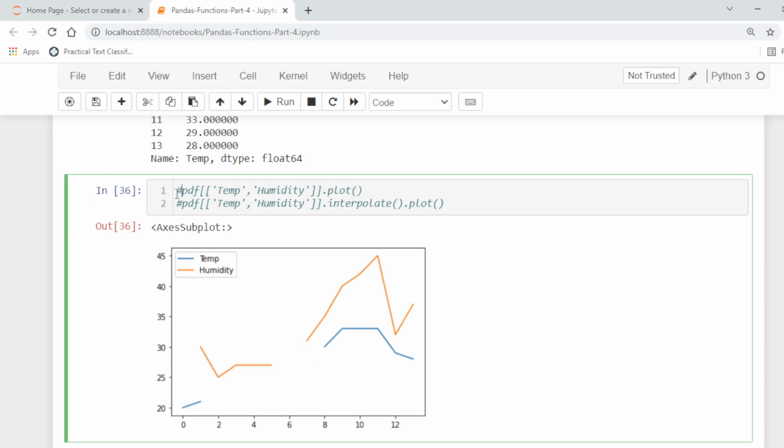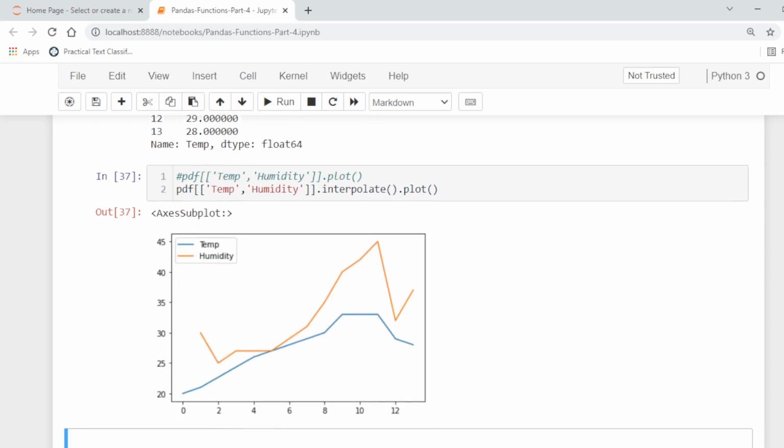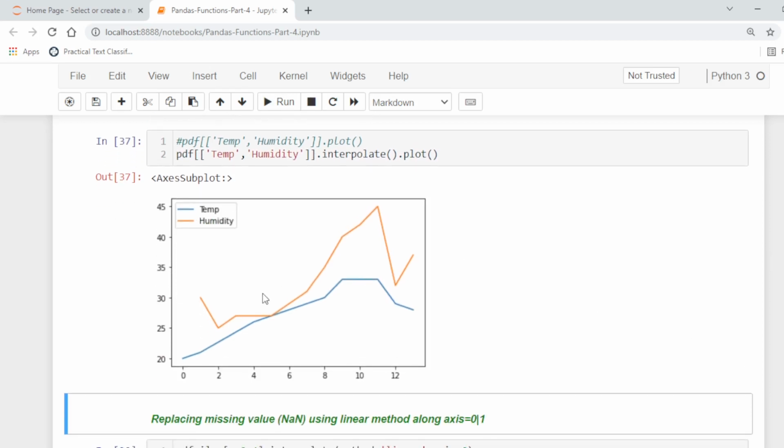So let's run the function. In this way the interpolate function connects all the missing dots in a straight line in increasing order.